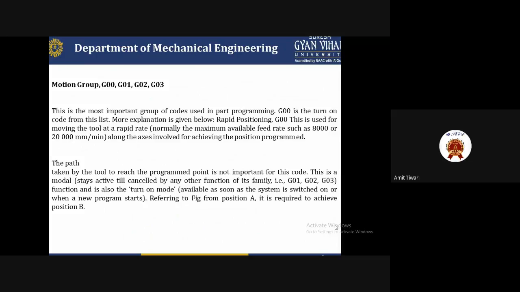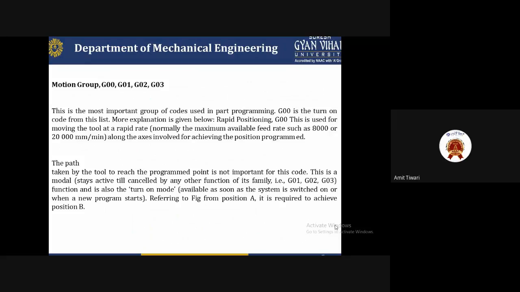Basically, the objective of today's lecture is how to write a program, which codes are helpful to write the program, and how to write a program in a systematic way. Where to conduct the experiment for cutting the material easily, and what procedure you are following for that. So hopefully you are enjoying it, and you now have an idea how to operate this type of function.